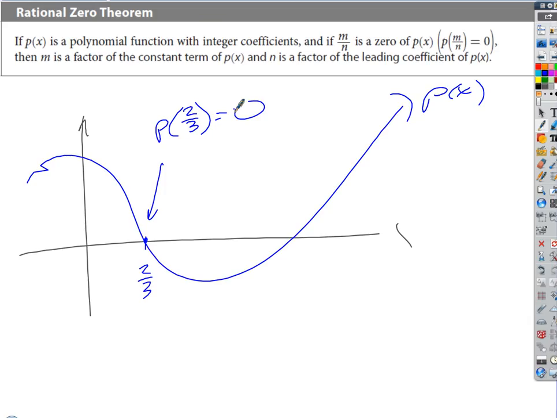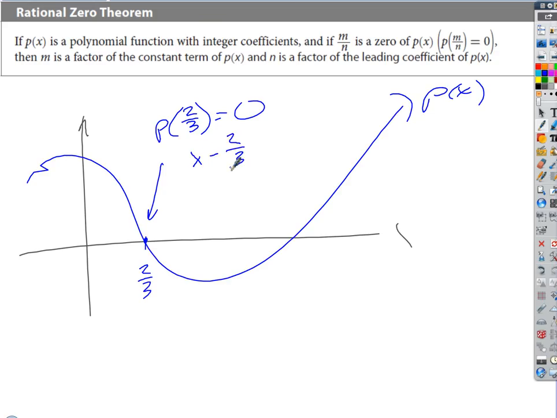Well, that's okay. It ends up being a factor, sure. But what else? Y is 0. That's the definition of an x-intercept, right? And so we know that if this is a 0, then there must be a factor associated with that. So what would that factor look like? How did we find our factors from x-intercepts? What was the process we always ended up using? Like if we had an x-intercept at x equals 3, what was the corresponding factor? X minus 3. So then what's this factor going to be? X minus